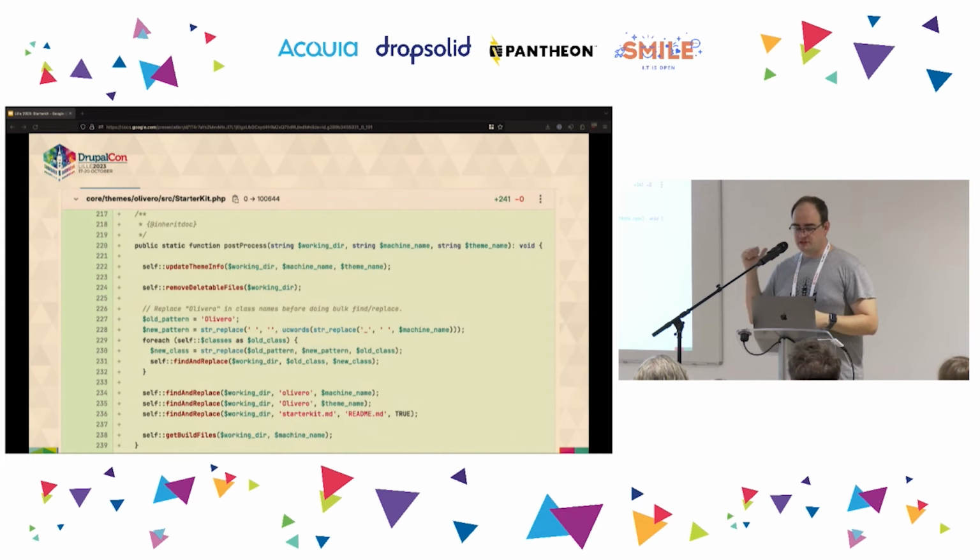The update theme info function here is fixing a couple of issues with StarterKit. Right now, it does not unset StarterKit. So if you make a new theme using the StarterKit tool, it's going to duplicate that StarterKit true key into your new theme's info YAML. That may or may not be a problem, but